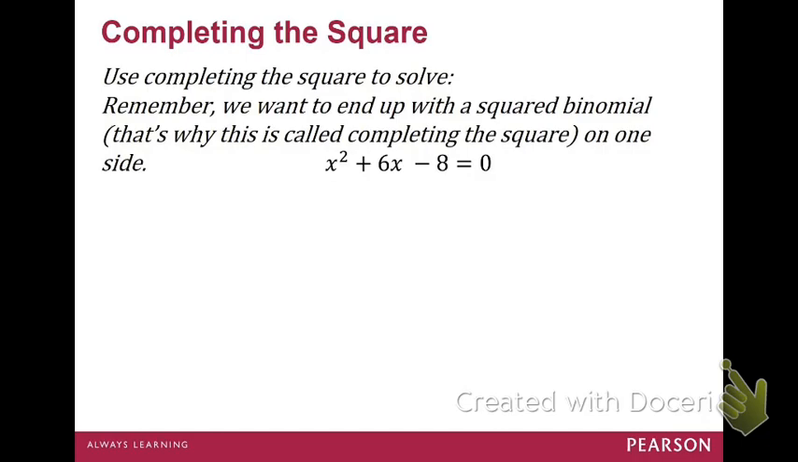So since I know that's what I want to do, I'm going to go ahead and put my binomial, and I'm going to put my little square, because I know that's what I want to end up with. And then here's my equals 0. Okay? When you complete the square,